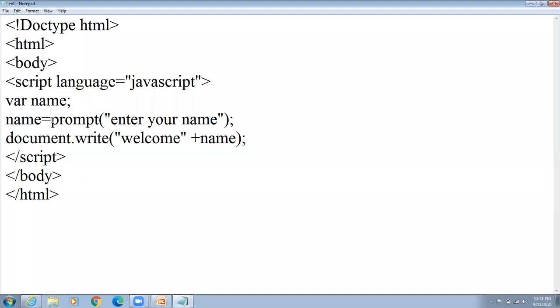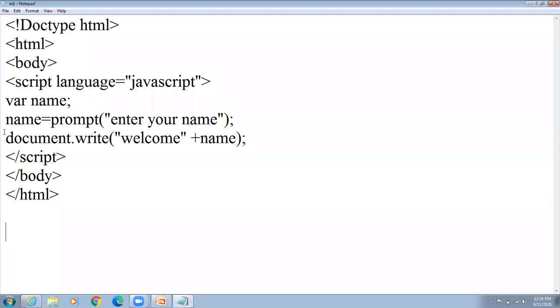Now while accepting a string from the user, just use prompt, and while accepting a number from the user, JavaScript must use parseInt like this. I will show you the program for how to write parseInt. Before that, whenever you are accepting a string from the user, there is no need to use parseInt. While accepting text from the user, no need to use parseInt.